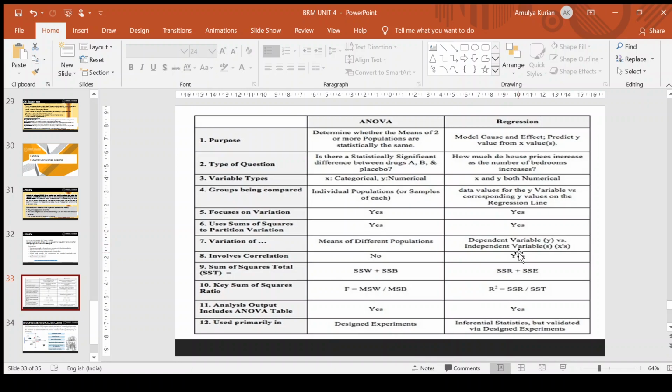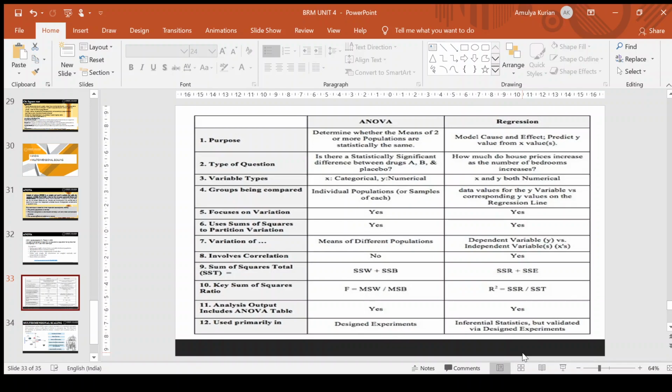Variation of the dependent variable based on the independent variable is considered. This is primarily used in designed experiments, and regression is mainly used for inferential statistics, but validated via designed experiments. If you have to make some inference, we will be using regression. And in the case of ANOVA, how people perceive something in different atmospheres, we will be using